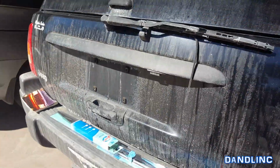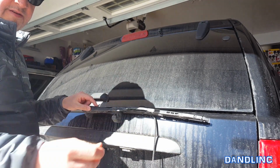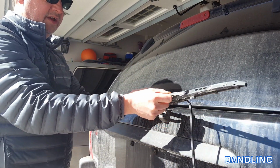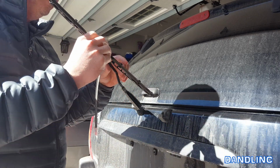So first thing we're going to do is take the old one off, and I'm going to angle this camera up a little bit, put it on the old tripod. Now you saw what I did. First thing you want to do is pull this thing out 90 degrees. Some of these are spring loaded, so be careful not to let it fling up. And what that's going to expose over here is